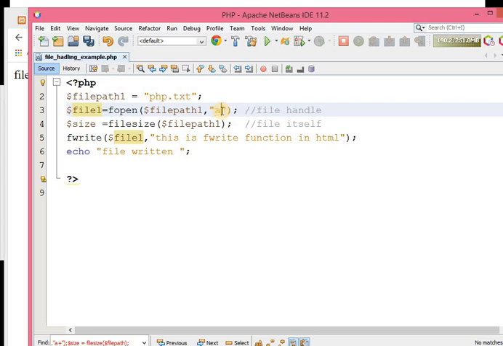If I want to append something, for that purpose I have to use the a plus mode, append mode. So what will happen, I can append over here. File append. Save this and run. File append. This is done.